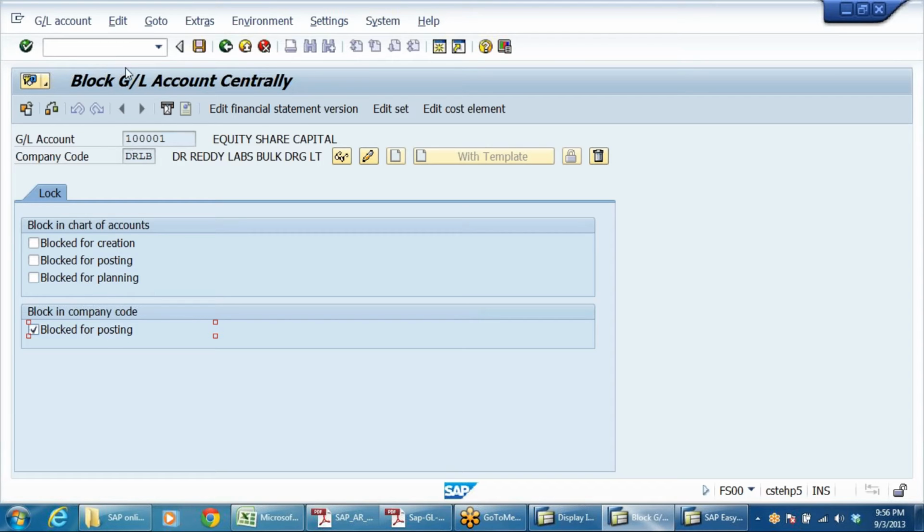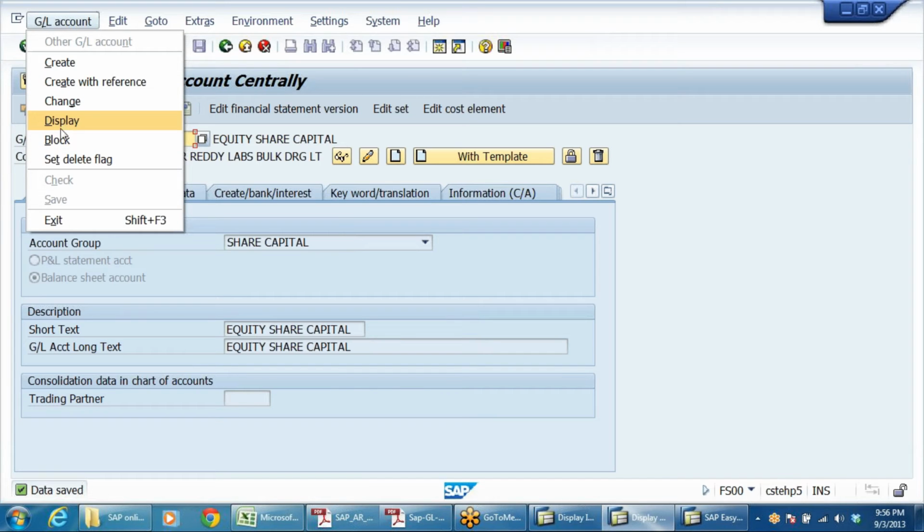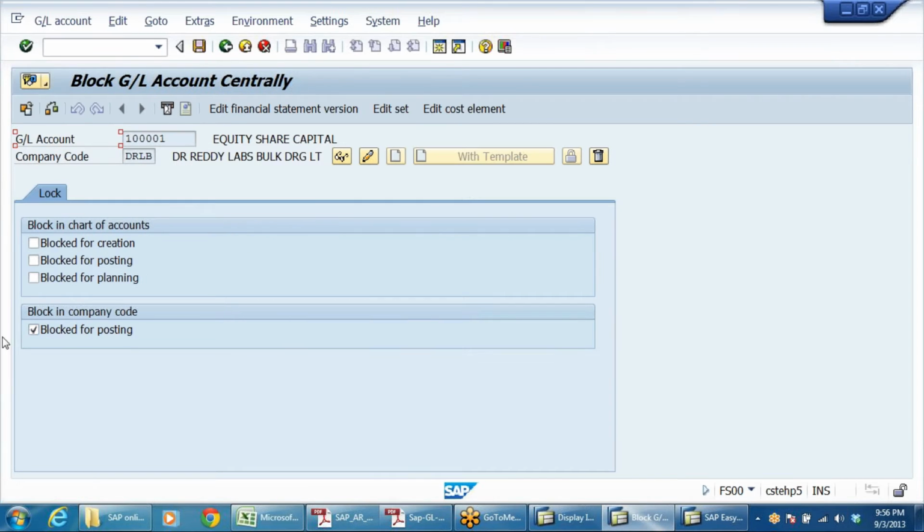So let me check how this is going to work. If you want to block for only one company code, how? This is what I have done now. See, only one company code, blocked for posting, block in company code. Only this company code is blocked.